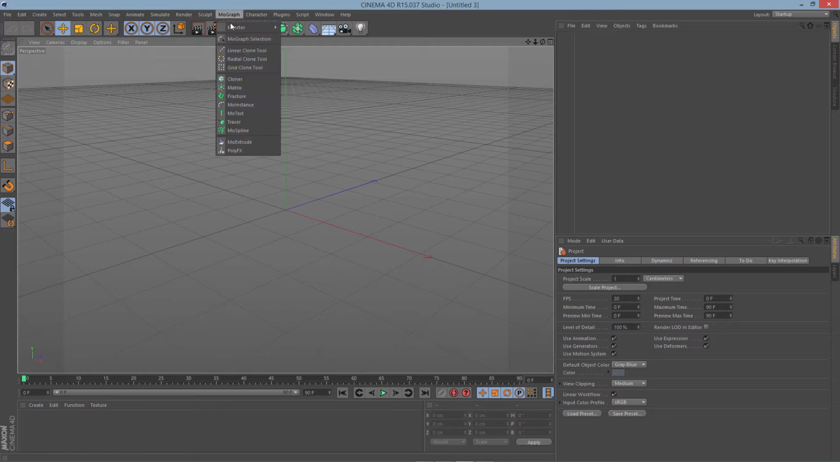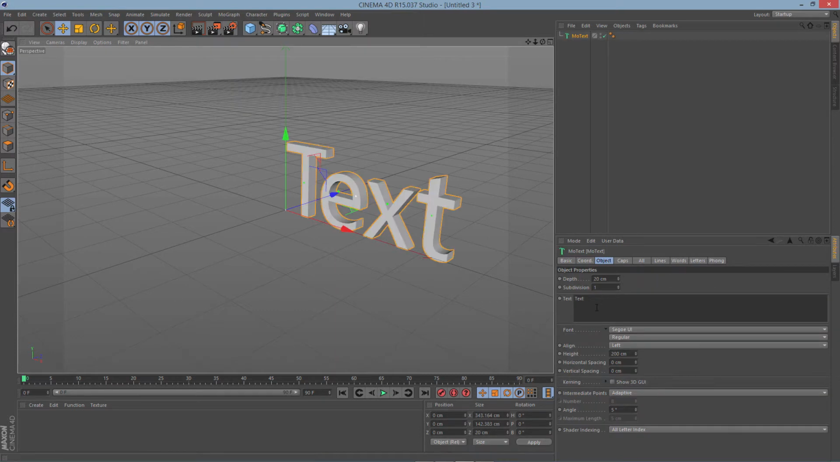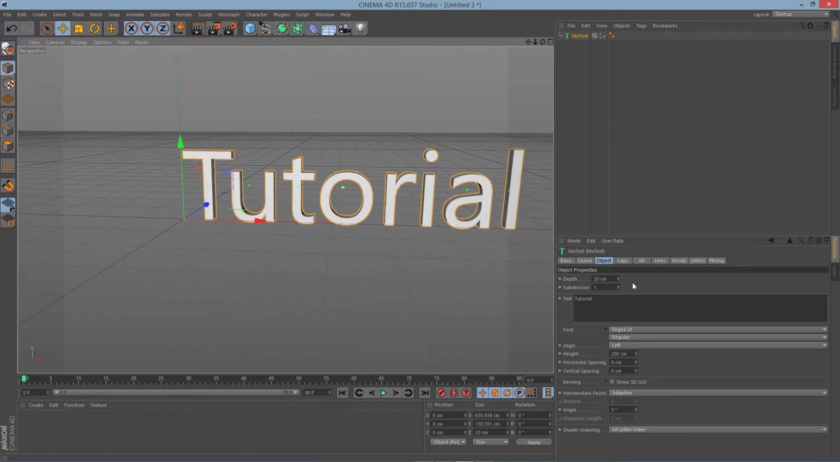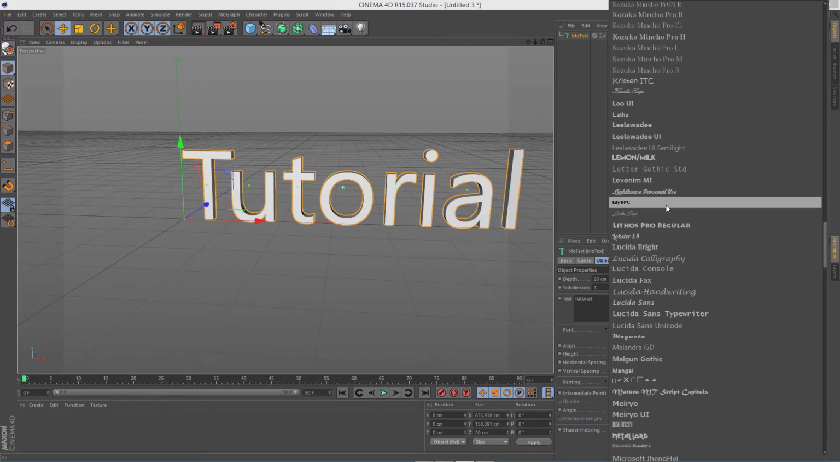Okay, so I'm going to go to MoGraph, Mode Text. You don't have to necessarily import text, but for the tutorial purposes I'm going to do that, because obviously an intro has to have some sort of text, or it can be just your logo pretty much, that will also work. Tutorial, and I'm going to use